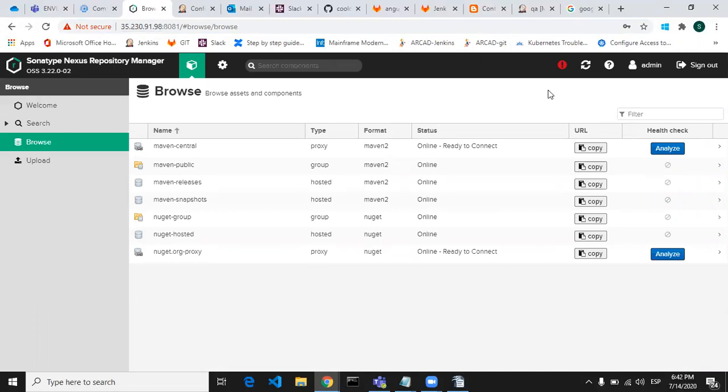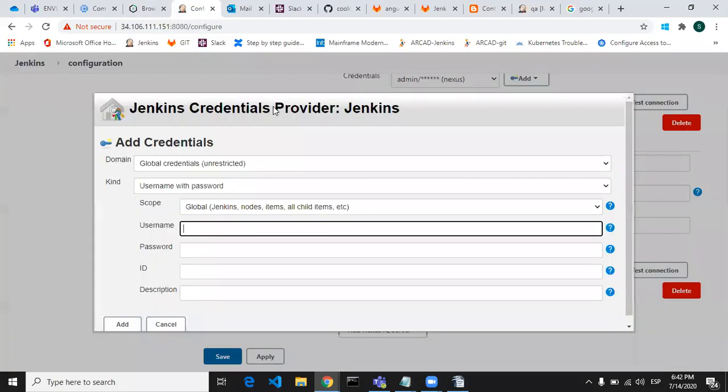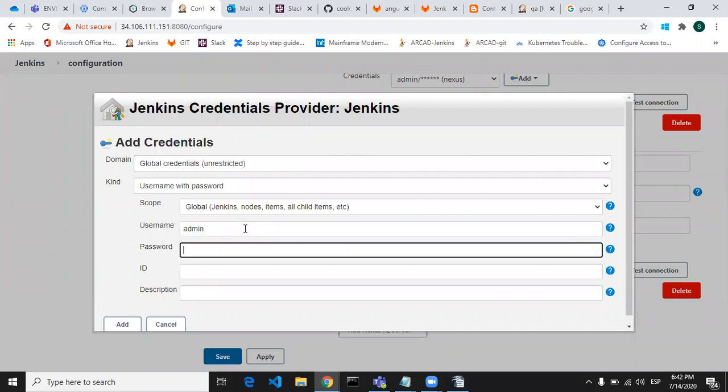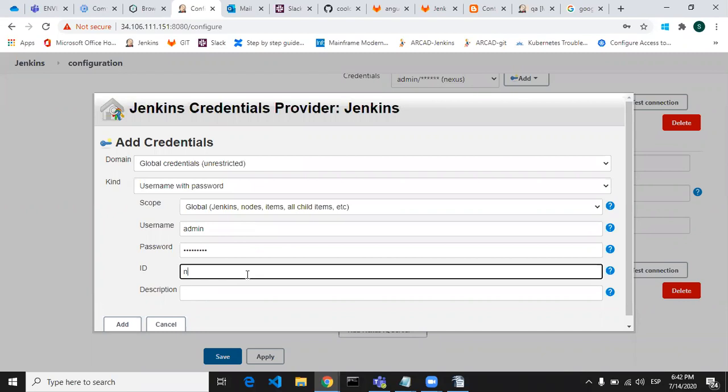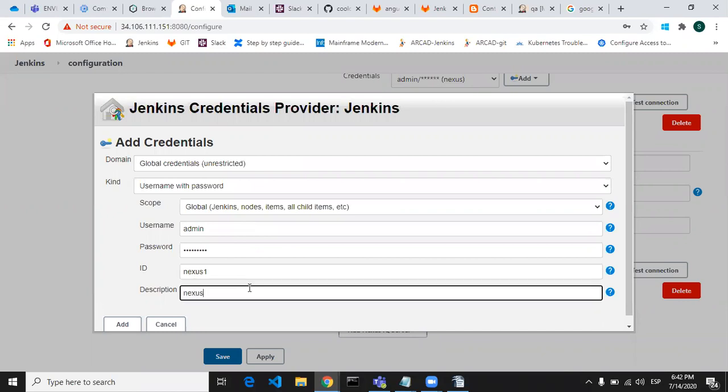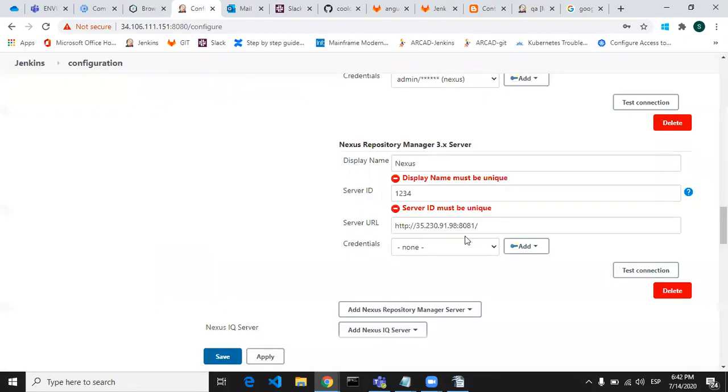There you will see the credentials. You just have to write down those credentials here, like this, and then add. But I already added the credentials, so I'm canceling this and just selecting the Nexus credentials. Then you have to test your connection.